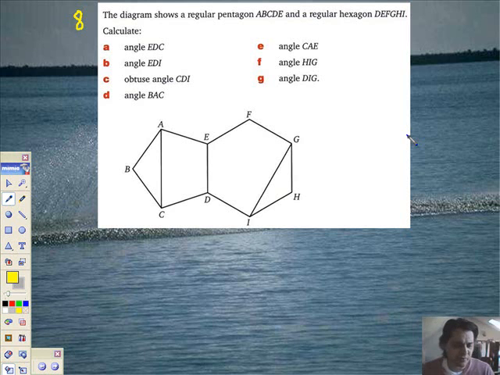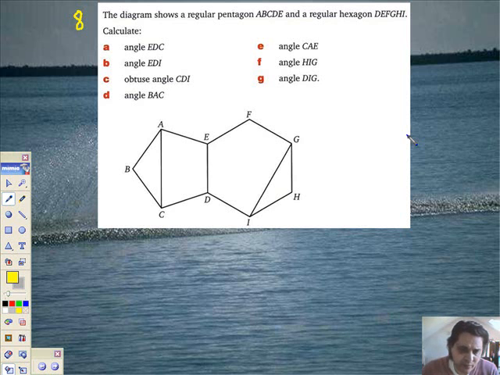This is 7.3 continued. Now question 8 asks an awful lot, and I'm not sure I can make it fit on the page, but I'll try. The diagram shows a regular pentagon, there it is, and a regular hexagon. Again, all the vertices are labelled with letters, so remember, vertex is a corner. I've got to calculate the angle